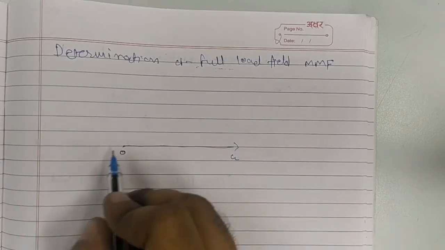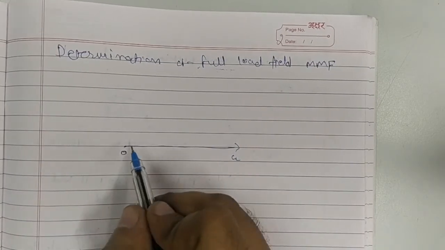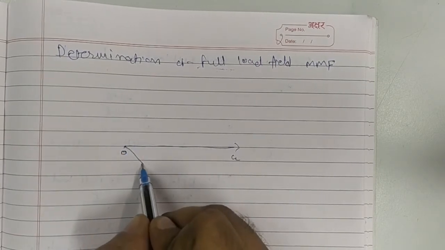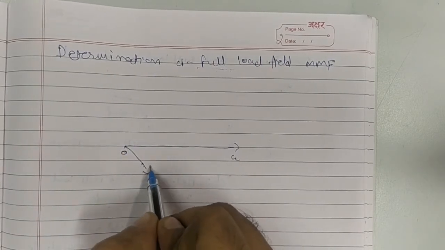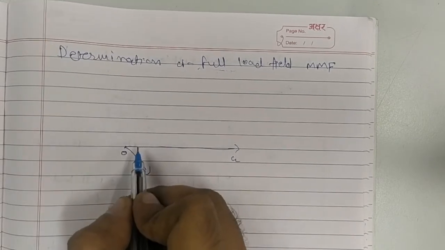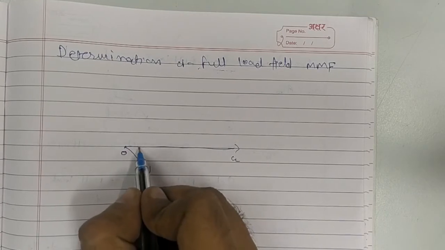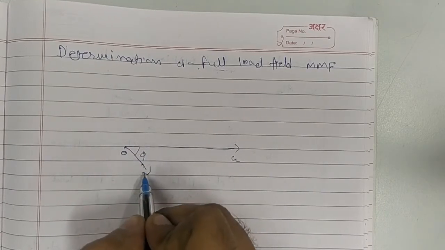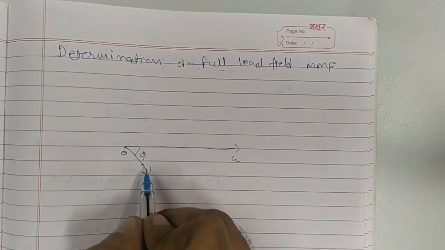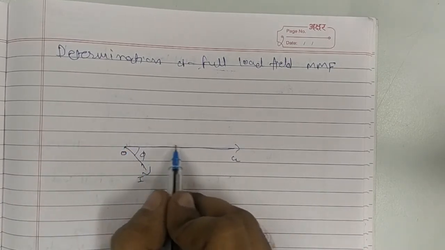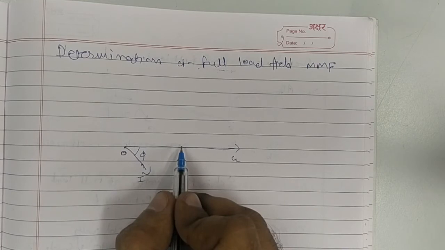The next step was to draw the current. You can take a certain current scale also. So this is the voltage scale, this is the current scale. We are assuming the power factor is lagging, and we suppose we know the value of the power factor already. With angle phi we can draw the current vector like this. Let us denote it as I. So OI will be your current vector, this is your voltage vector.